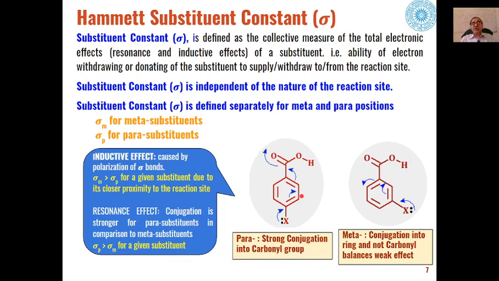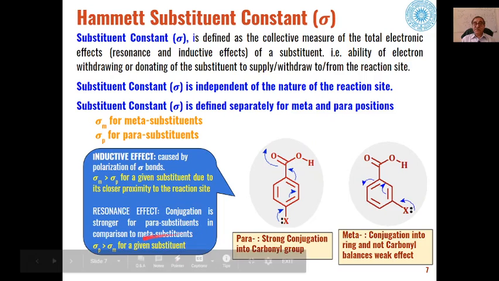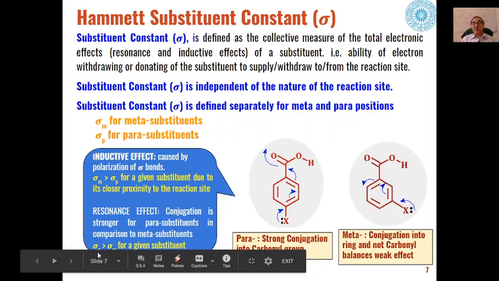Similarly, if we take the case of resonance effect, conjugation is the stronger parameter for a para substituent in comparison to a meta substituent. So that is why the value of sigma p will be more than sigma m for a given substituent when we determine the resonance effect. So you can see over here